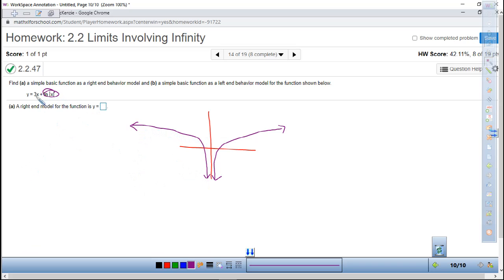Now, all you're doing here is you're looking at what's going to grow faster. In end behavior models, remember, our limits as x goes to infinity and negative infinity. Right is positive infinity, left is negative infinity. What's going to control the value? Is the 3x going to control the value, or is the natural log of x going to control the value? Which one's going to grow faster, really? Now, as you notice, these natural logs are getting flatter. The further out here, they're going to get flatter and flatter. The 3x is going to continue to grow at a rate of 3 times whatever the x value is. So think about that and figure out which one is going to be